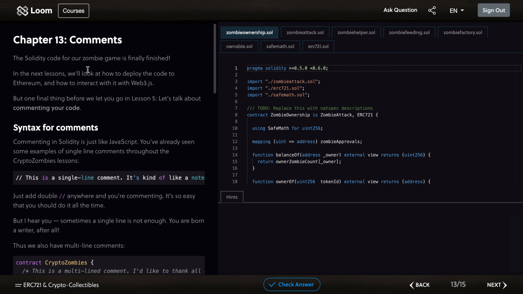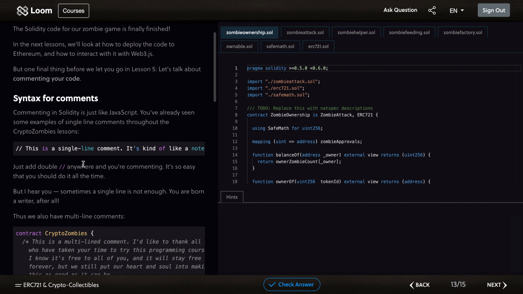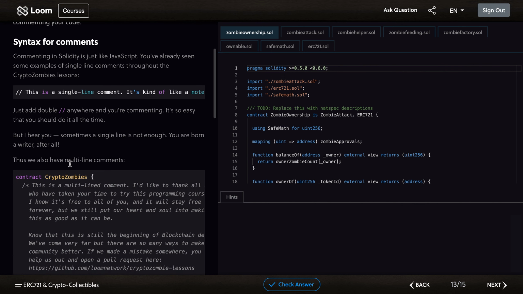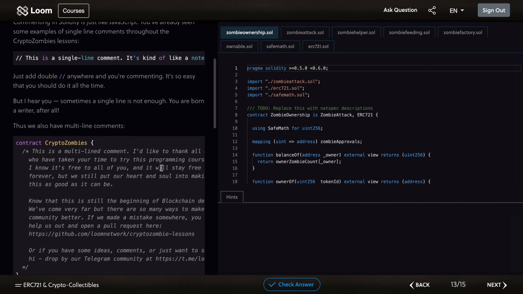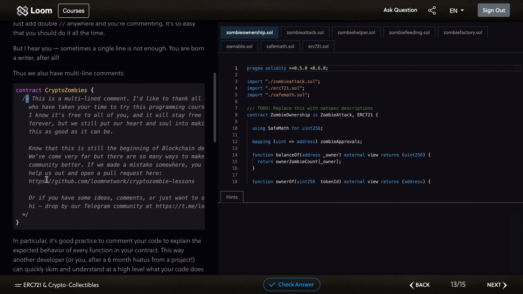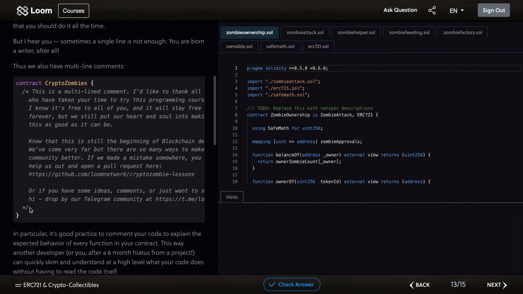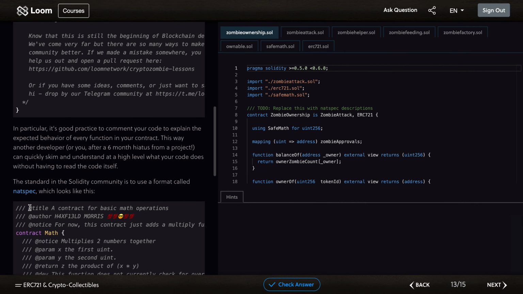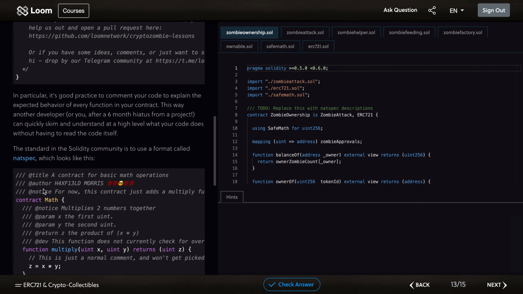So in chapter 13, we focus on using the command, and this is the syntax of the command. You can also use this multi-line command, just like / and then make a star, and also then make a star and make a /. It is said this is a good practice to explain your code, and for example, what is the use of these functions, and the standard is called NatSpec,